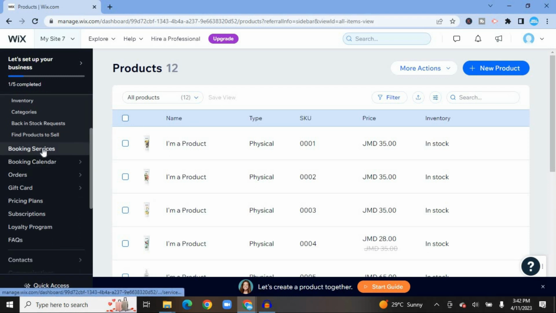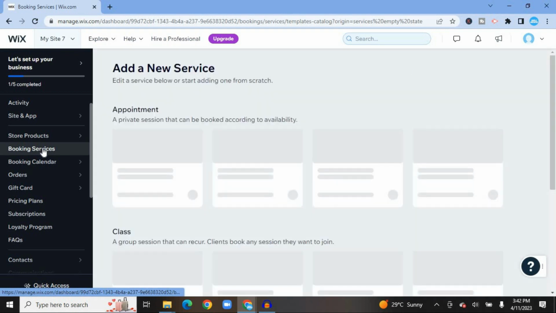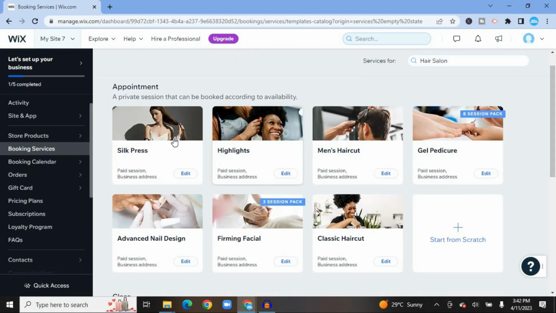Then coming down, you will see booking services. You could select that. Since you are going to have persons booking, or better yet setting appointments, as you can see right here, appointment. From here you'll see a private session that can be booked according to availability. Then all you'll have to do right now, you can see some preloaded appointment styles that they have set right